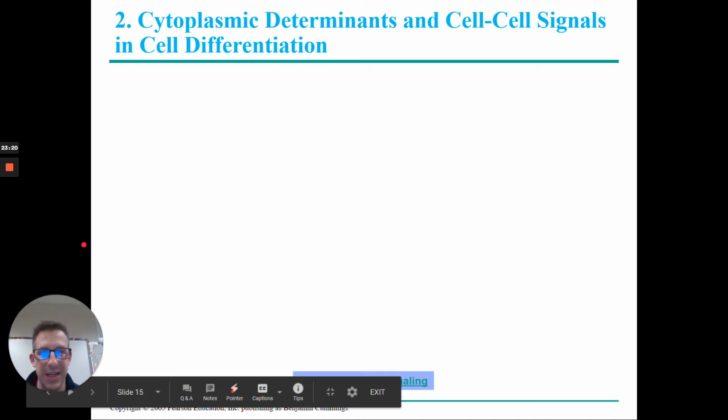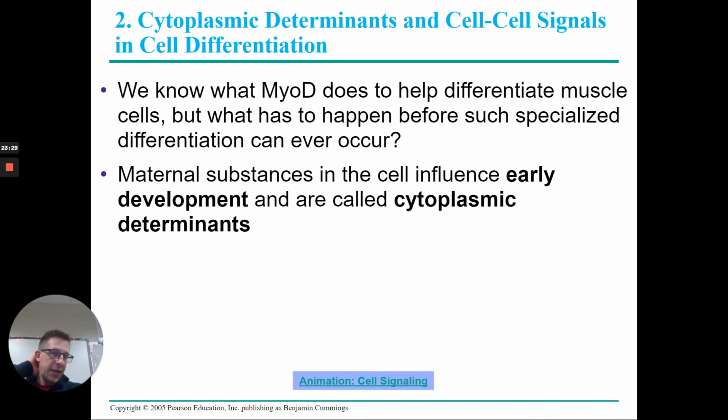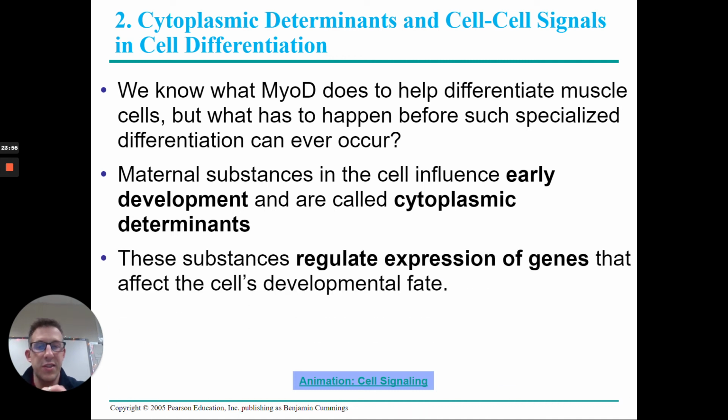Cytoplasmic determinants and cell-to-cell signaling also help in cell differentiation. And I had mentioned before that MyoD does ultimately differentiate into a muscle cell, but what happens before that specialization actually occurs? Well, we have to determine what that generic muscle cell is going to be, right? The cell had to go through a process known as determination, right? And so there are certain substances, chemical signals called cytoplasmic determinants